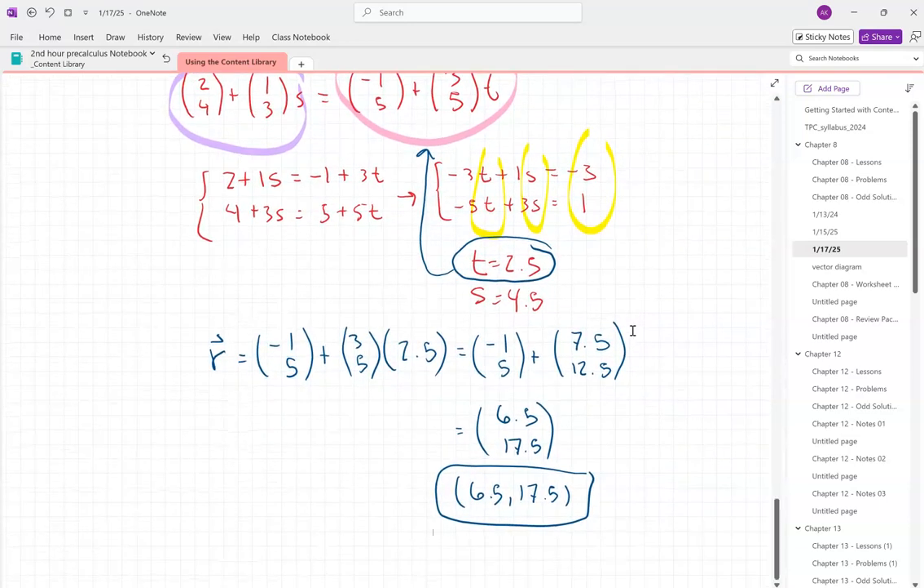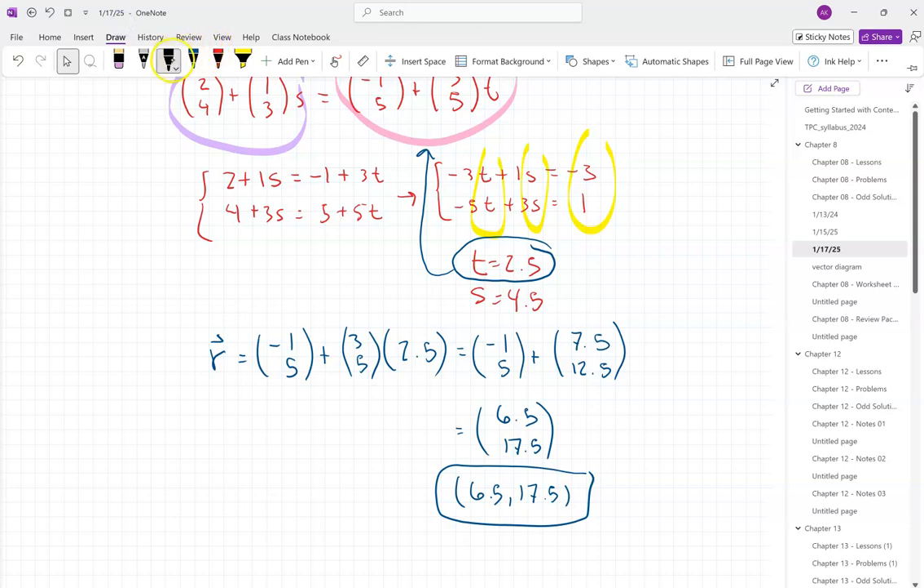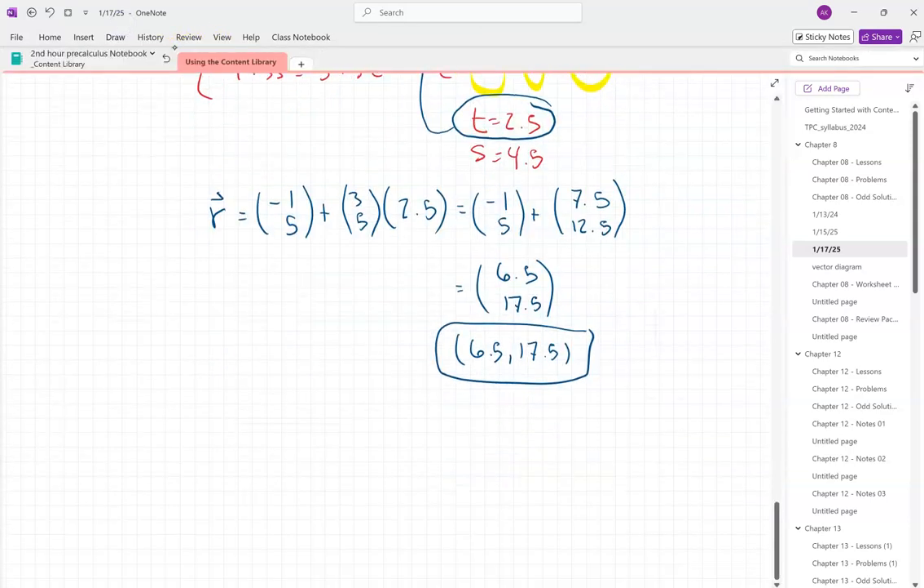Everybody feel okay there? Let's do another. Let's say that our vectors are